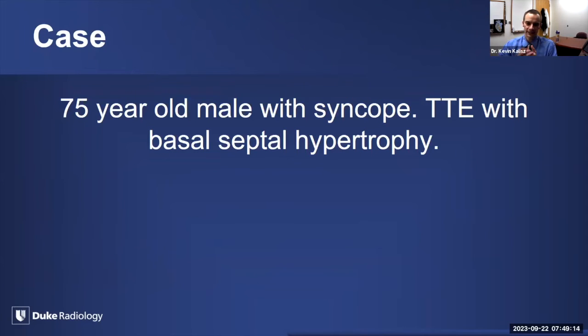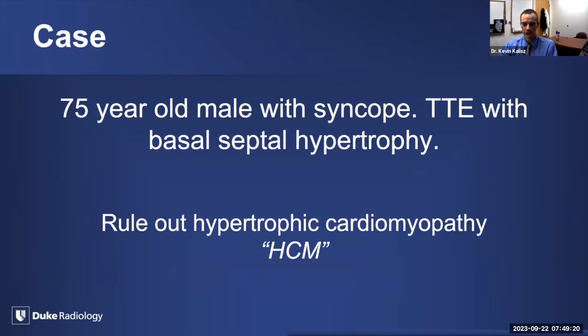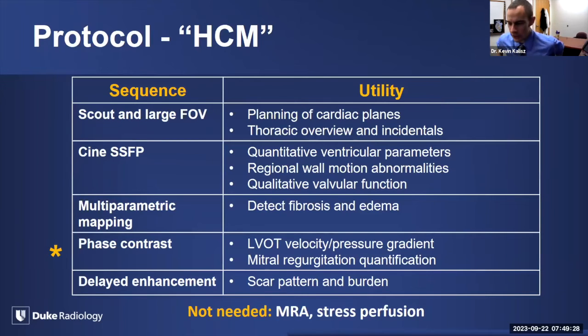Next case, 75-year-old male, syncope, follow-up echo with evidence of basal septal hypertrophy. So this is a good look, both history-wise and echo-wise, for an HCM, or hypertrophic cardiomyopathy, evaluation. So this is a little bit of a unique protocol. Most of the stuff is the same, but this is one from a cardiomyopathy standpoint where I would add some